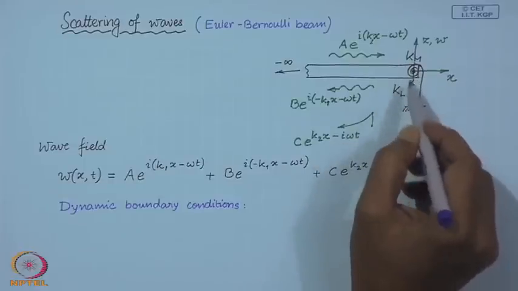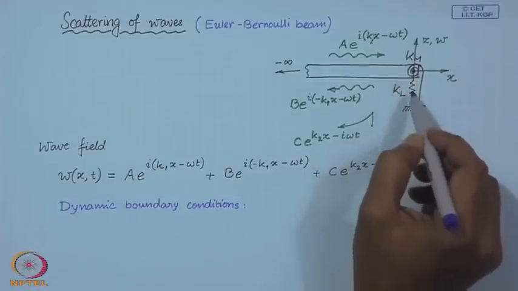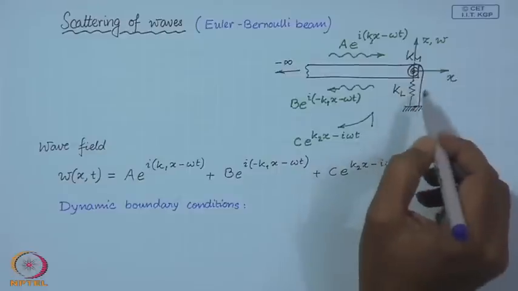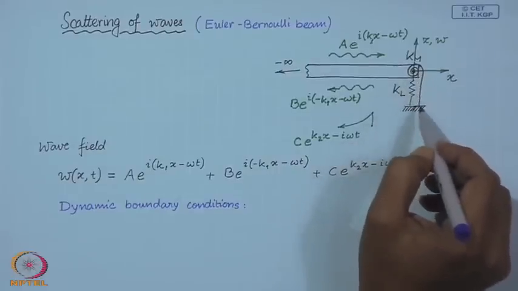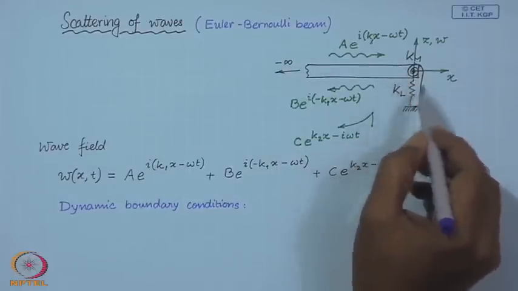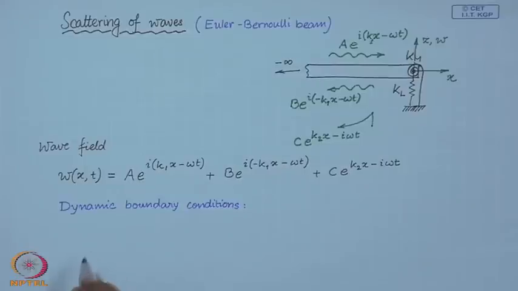Because of this linear stiffness we will have a shear force condition, and because of this torsional stiffness we will have a bending moment boundary condition. So, these may be represented as